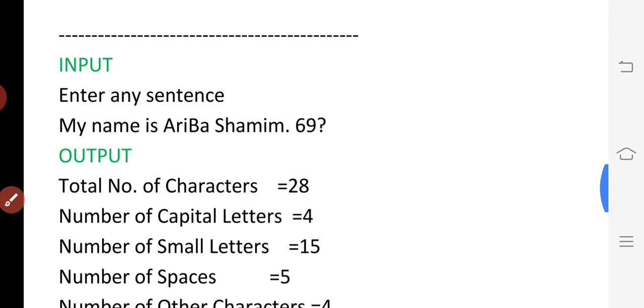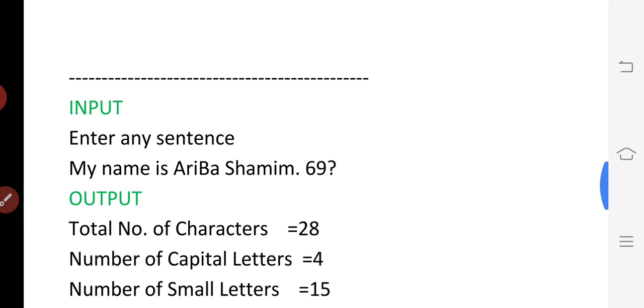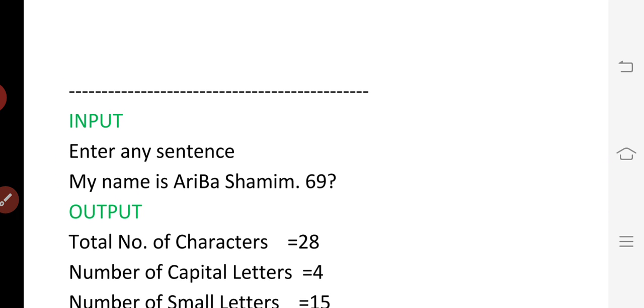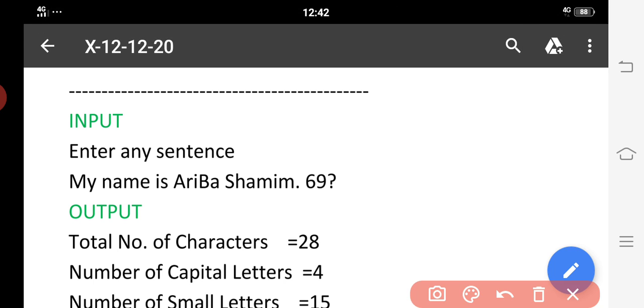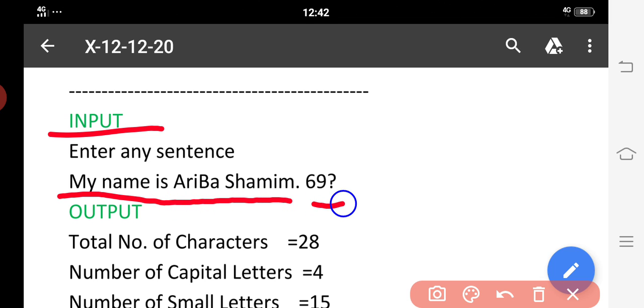Now this is your input. After compilation of the program, when you create the object and run the program, you are going to get the answer of the program. A terminal window will come, and on the terminal window it is asking to input any sentence. Suppose I have written here, my name is Ariba Shamim .69 question mark.